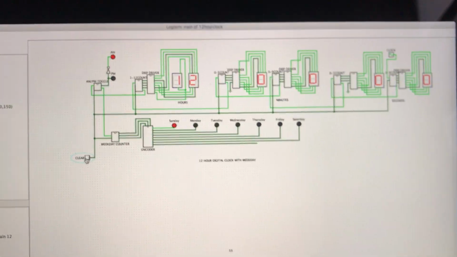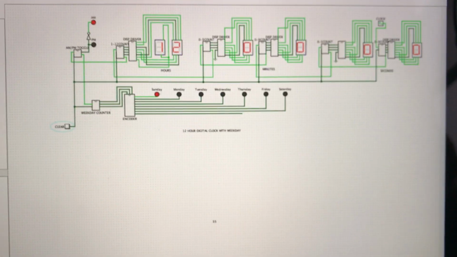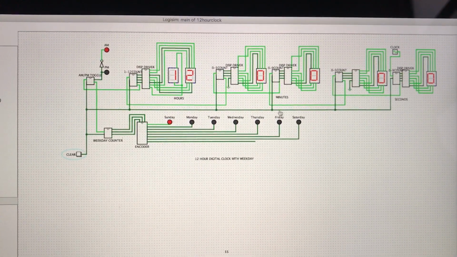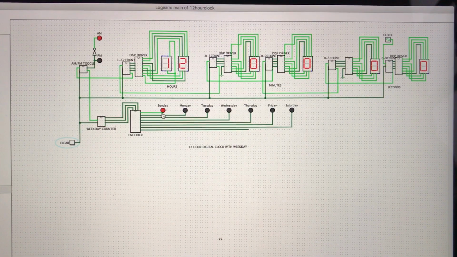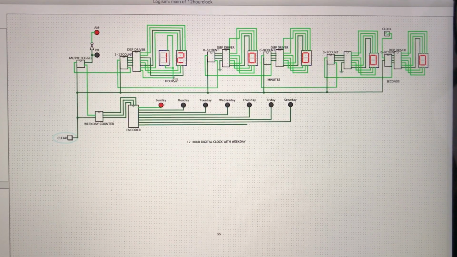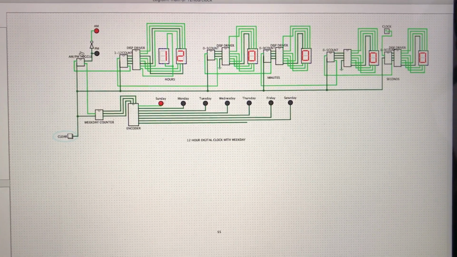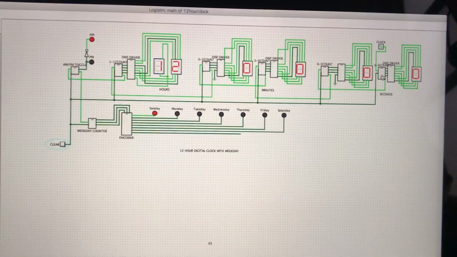Okay, so this is my circuit design for my EE20 project: a 12-hour digital clock display with weekday. It's 12 hours with a PM AM toggle. And basically what I have here is just